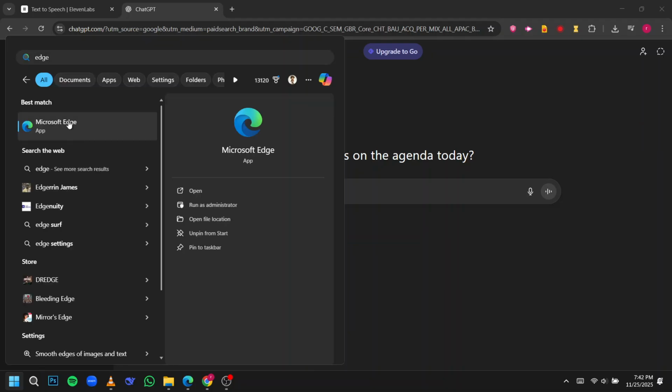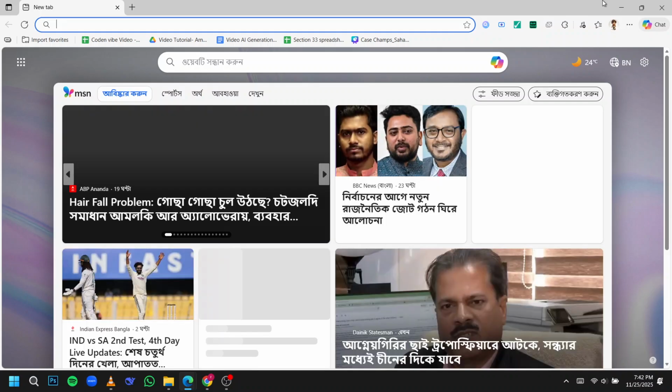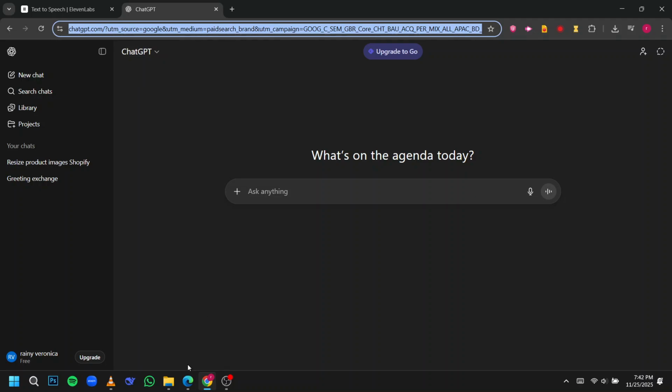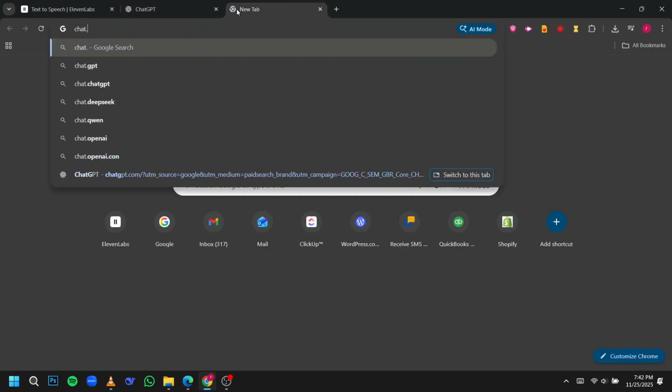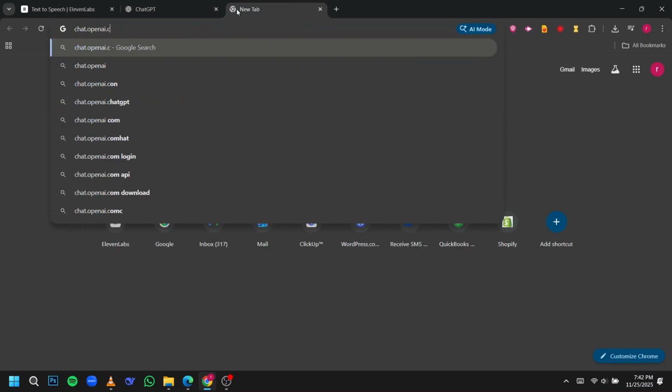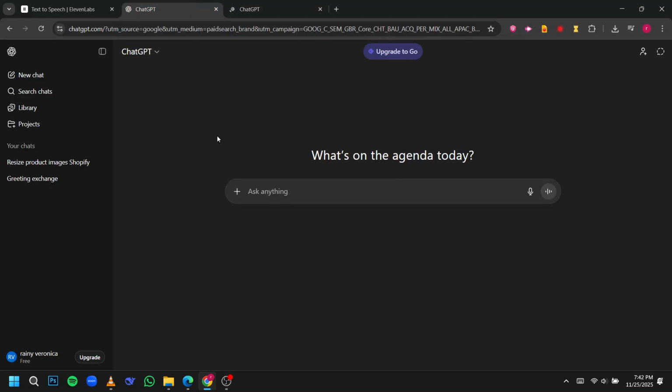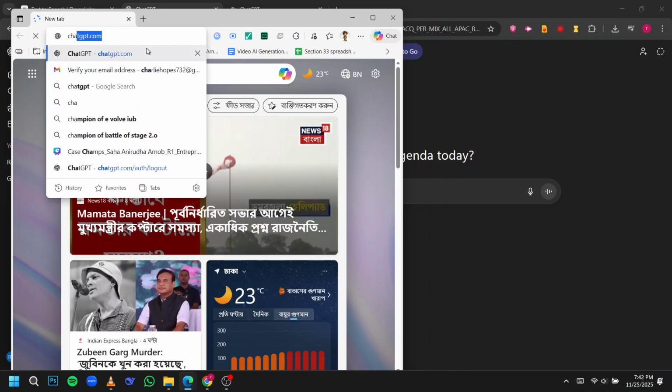First, try switching platforms. If you're using the mobile app, open ChatGPT in a web browser like Chrome, Firefox, or Safari by going to chat.openai.com. Sometimes the app itself can glitch or misread your activity. On the other hand, if you're already on a browser, try switching to a different one. Some browsers handle ChatGPT better than others, especially if you have lots of extensions or add-ons running that might interfere